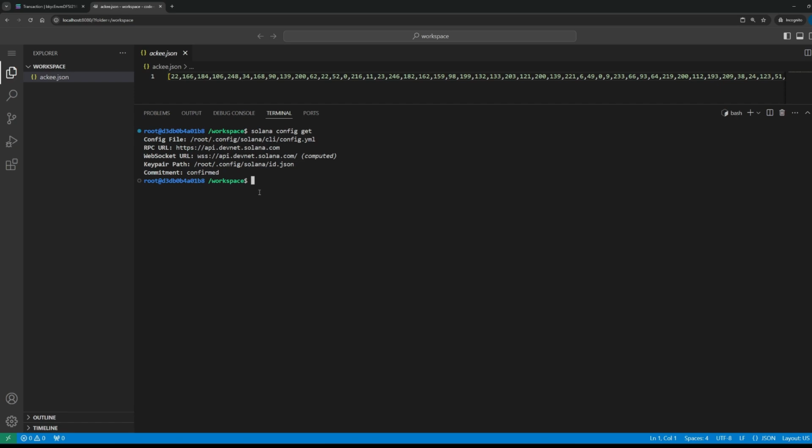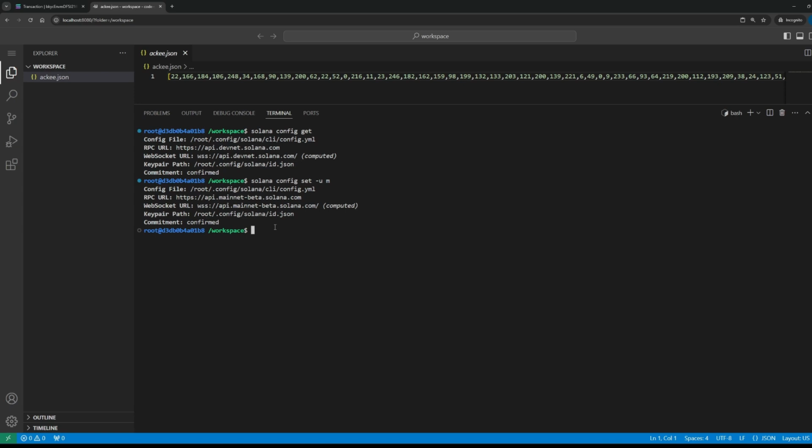We are currently using Devnet. We went through Solana config set too. So for example, if I want to switch back to mainnet, I can use Solana config set -u, m stands for mainnet. You could see that we used d for Devnet.